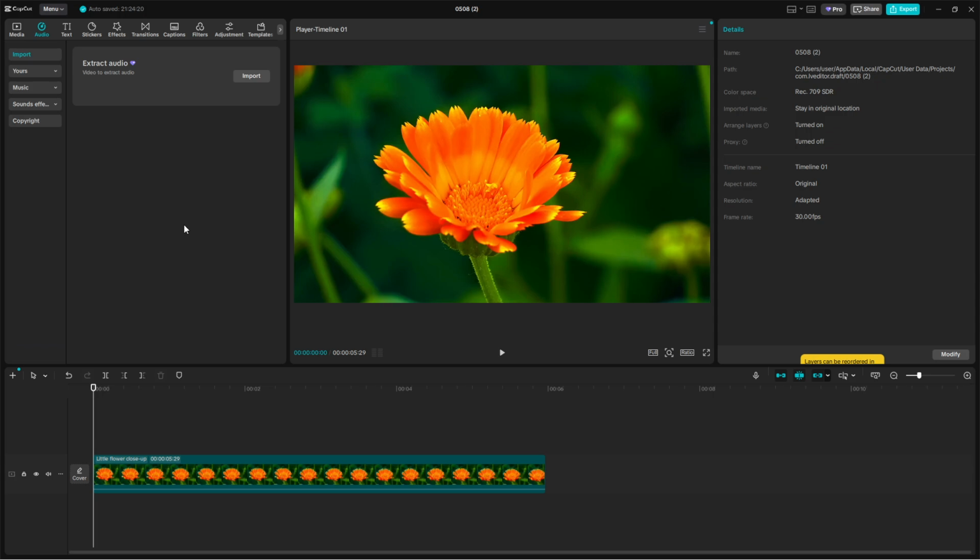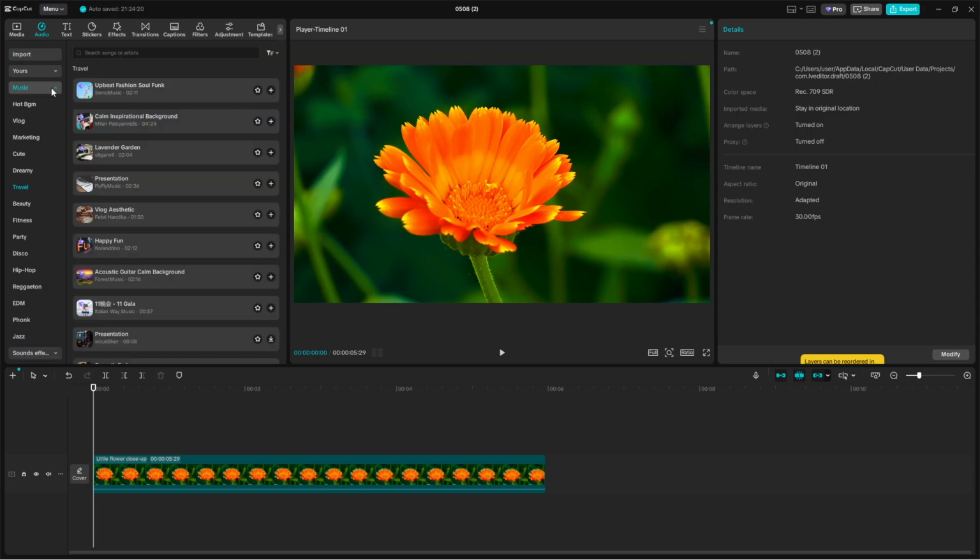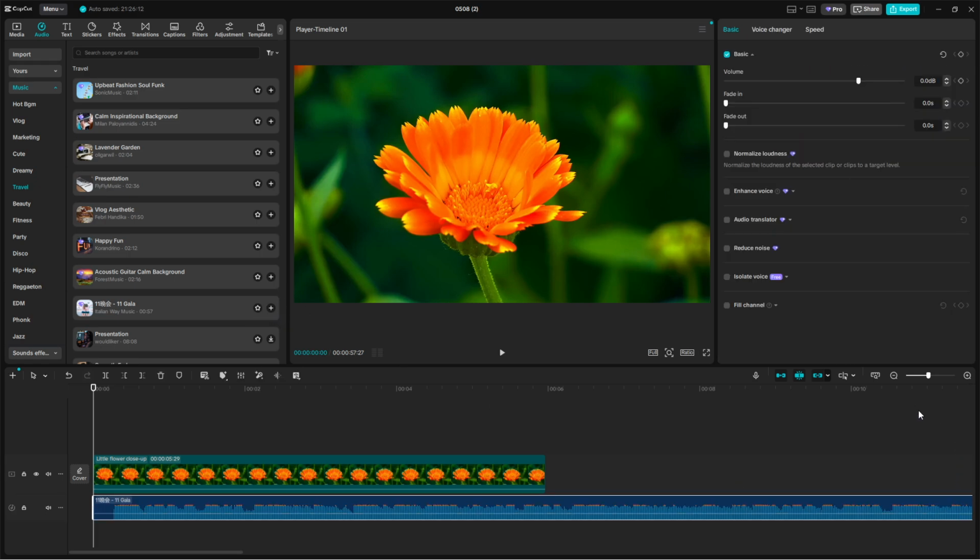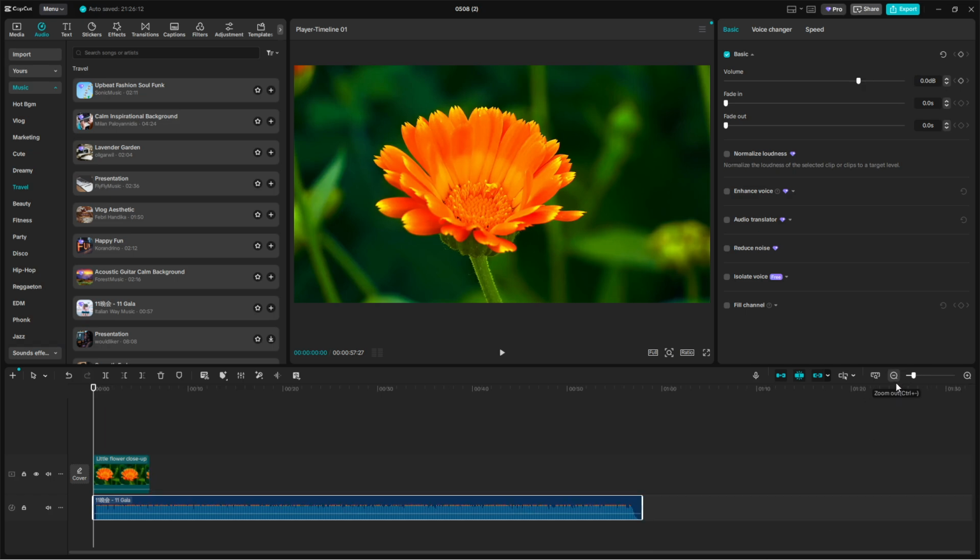One of the easiest ways to add audio is by using the built-in music library. To do this, head over to the top left section and click on Audio. Inside this section, you will find a collection of music tracks that can be added directly into your project. Browse through the available songs and choose one that matches the mood and style of your video. Once you find the track you want, click Download, and then press the plus button to add it to your